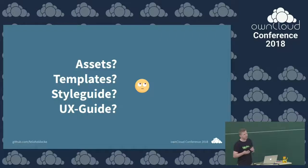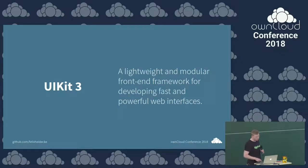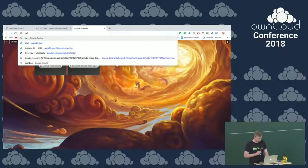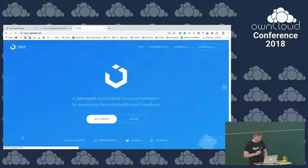We don't have a real good style guide yet, so people try to imitate the look of ownCloud as it is now, and UX style guide, yeah, we're also missing that. But we're about to change a couple of those things using UIKit, which, as I said, is a modular front-end framework. And yeah, that's good. Let's go over to getuikit.com, and I wanted to show a couple of things,